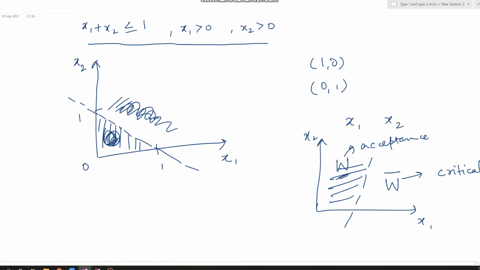Now we can say that if our sample point falls in the subset W, that is the acceptance region, then we accept our H naught, that is our null hypothesis, while if it falls in the rejection region, that is the critical region W complement, then we reject H naught. Now let's consider this, that in reality either our H0 could be true or our H1 could be true, while the decision that we could make would be either to reject H0 or to accept H0.